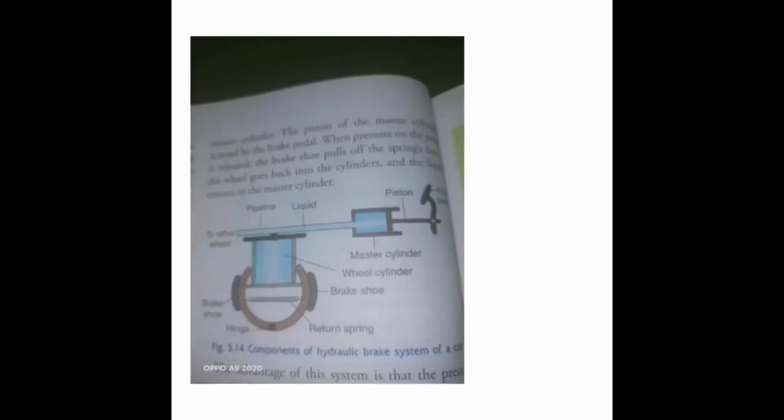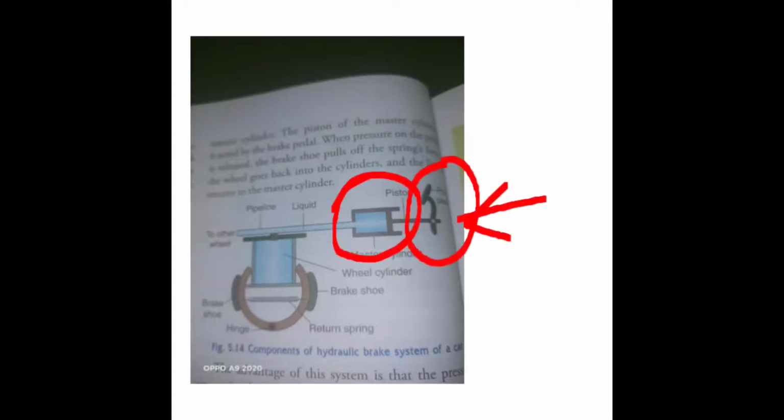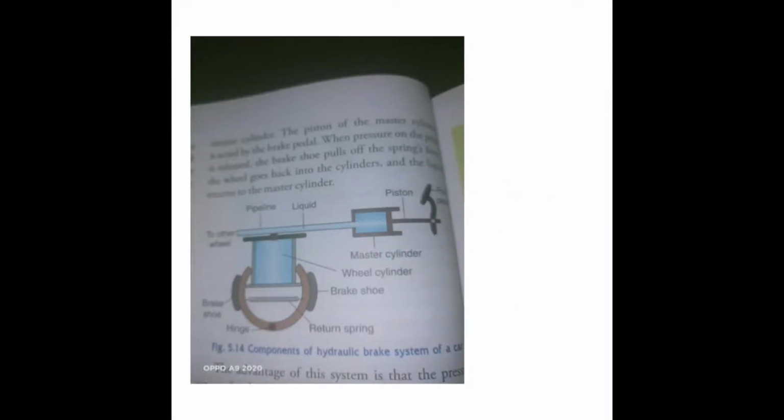This is the hydraulic brake. So you see, this is the paddle where the driver applies his foot to apply the brake. When the paddle is pushed, it is connected with the piston, and this is the master cylinder. When this piston gets moved to the left-hand side in the master cylinder, the master cylinder contains the brake oil, which flows to different parts of the wheel. Likewise, here one wheel is given.